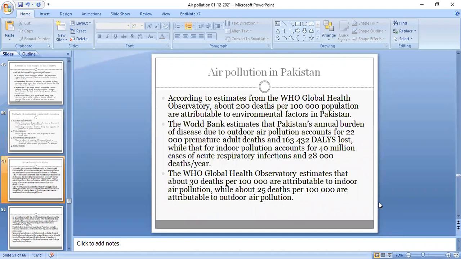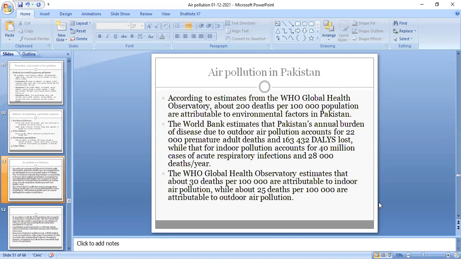Now the air pollution in Pakistan. According to estimates from the WHO Global Health Observatory, about 200 deaths per 100,000 (per lakh) population are attributed to environmental factors in Pakistan. The World Bank estimates that Pakistan's annual burden of disease due to outdoor air pollution accounts for 22,000 premature adult deaths and